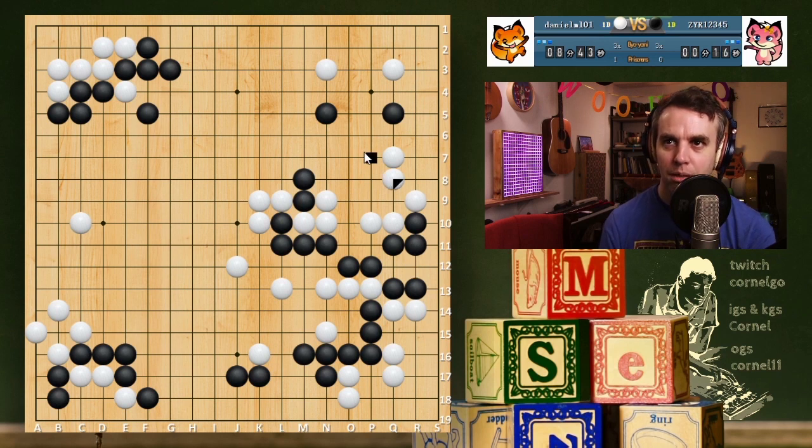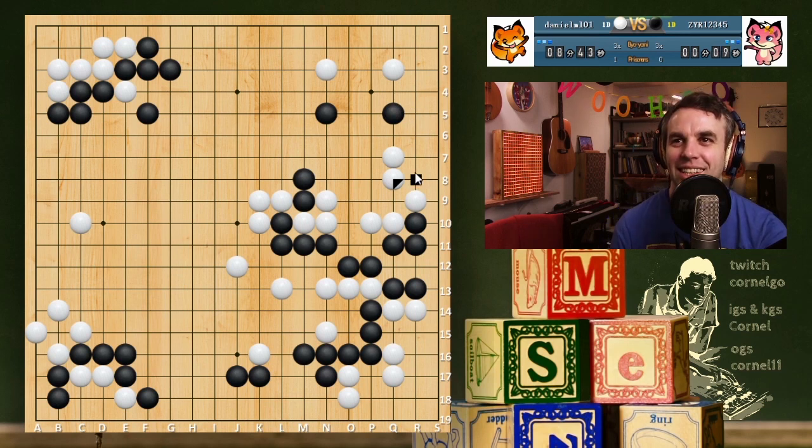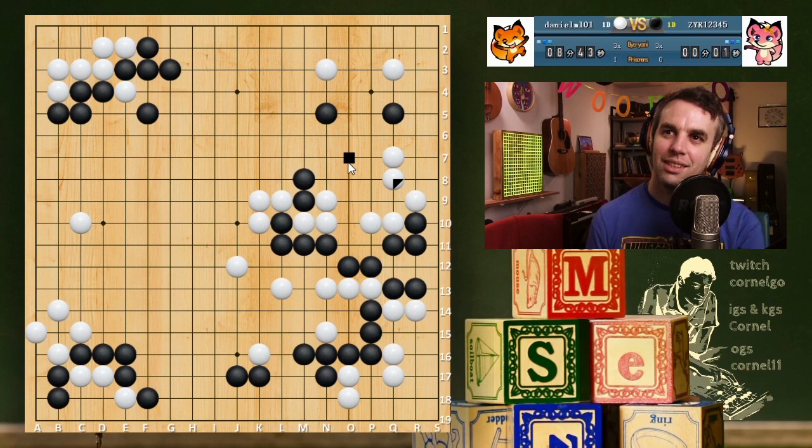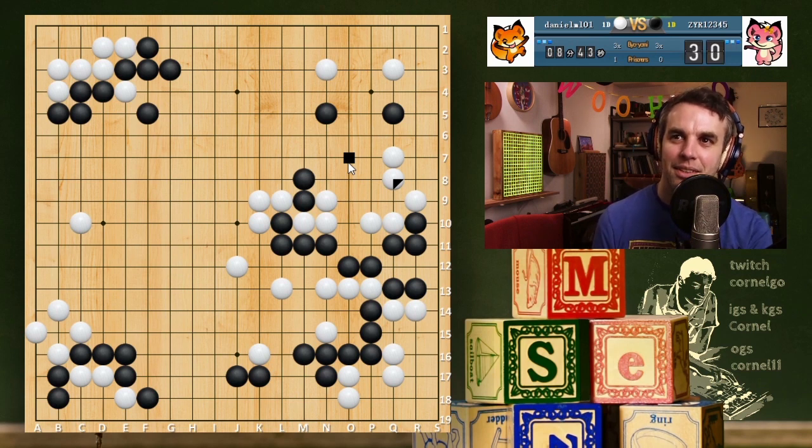Yeah, I'm gonna make a shape here. Ooh, that bad double up shape. I think you could expand your eye space more with a jump at O7, and that also threatens his stones on the right side. Gotcha. Because like this, okay, it's a nice shape, but it feels a bit heavy now because you have Q7 there attached to your eye shape,